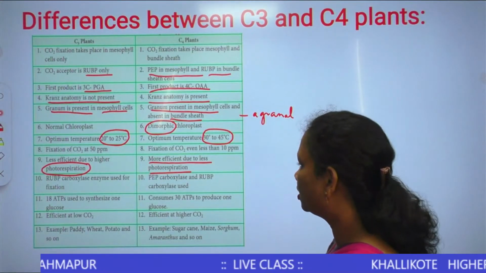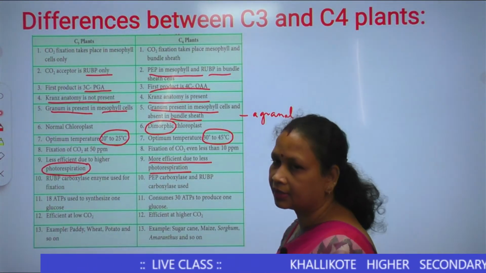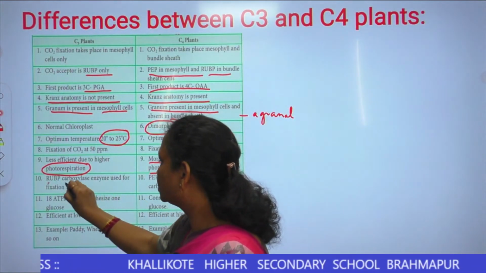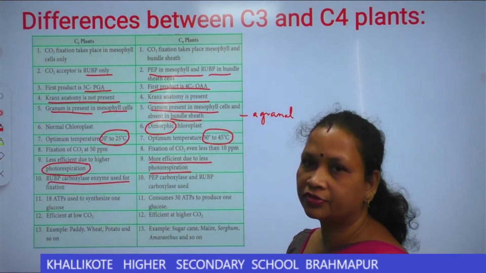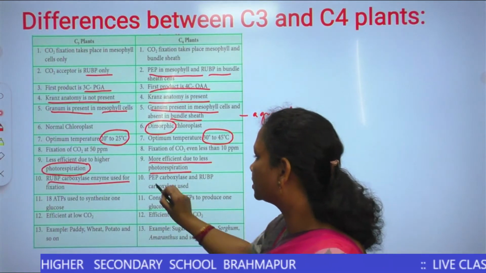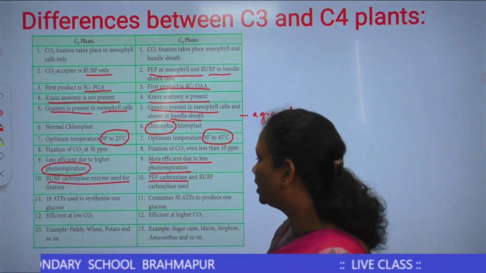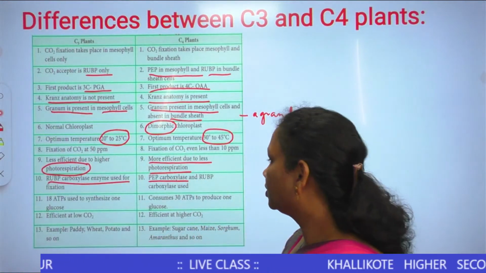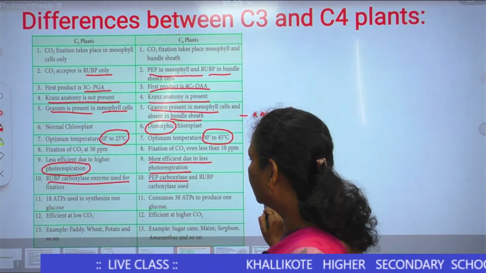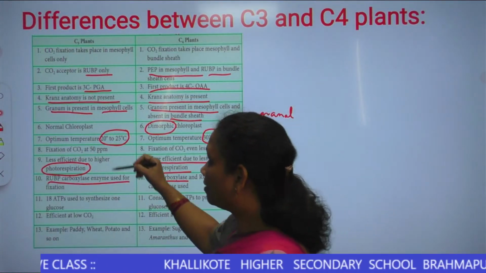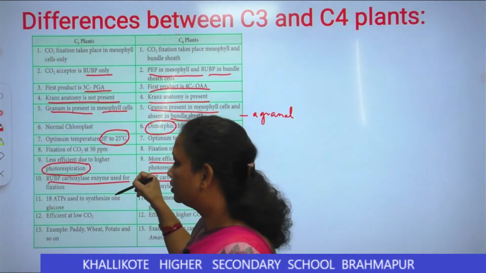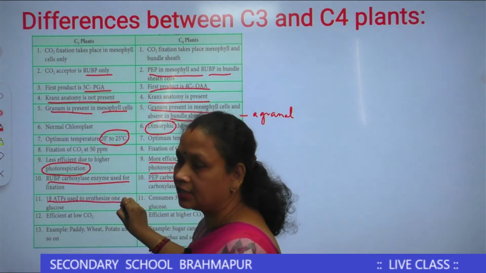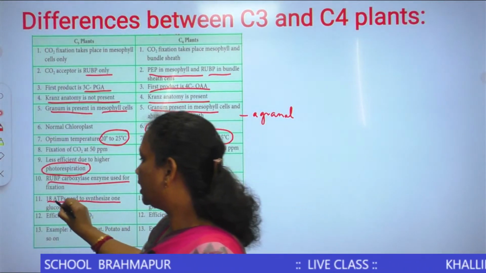So, the phenomenon of photorespiration does not occur in C4 plants. RUBP carboxylase enzyme is used for fixation, whereas the enzyme used in the C4 plant is PEP carboxylase, and the second enzyme used is RUBP carboxylase. The number of ATP molecules used to synthesize one molecule of glucose in the C3 cycle is 18,